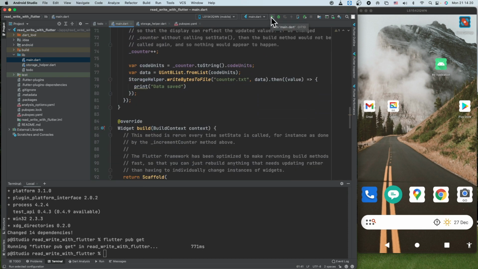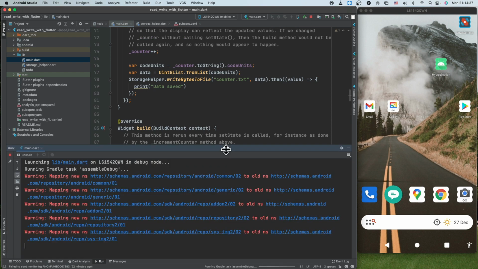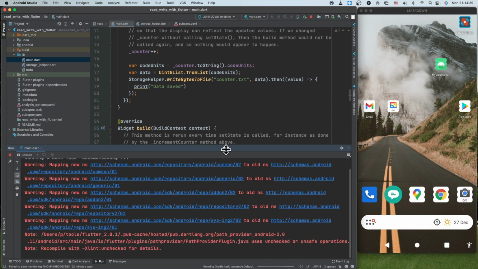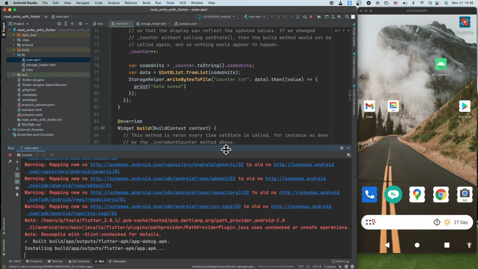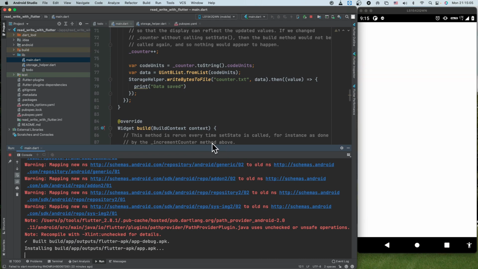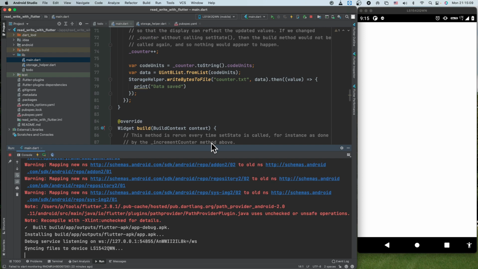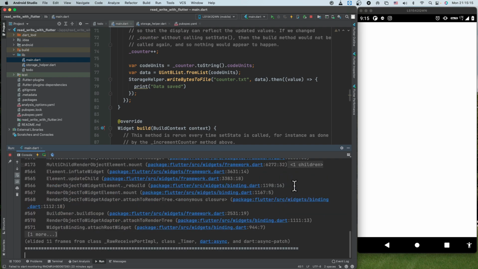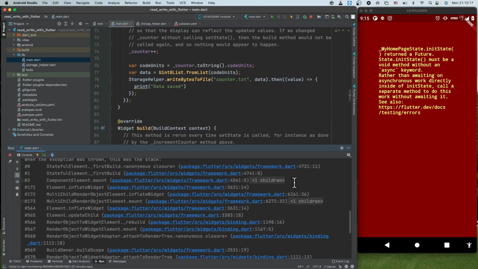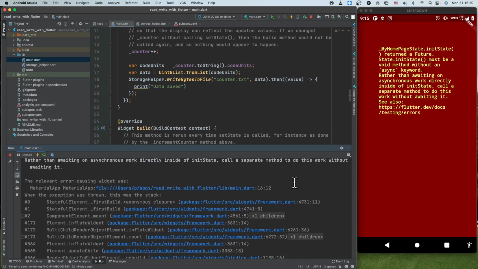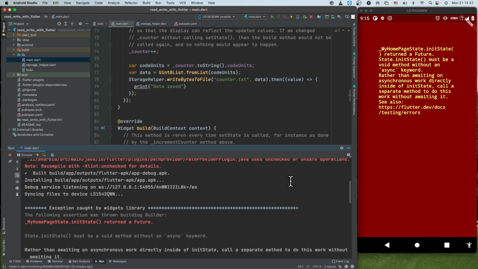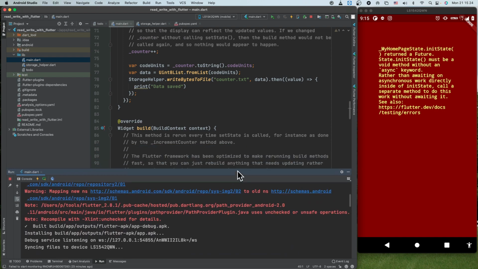We run this. So now the app is running, and for the first time all the values should be zeros only, because we have not changed anything so far. But I see, okay, this is what we cannot do.